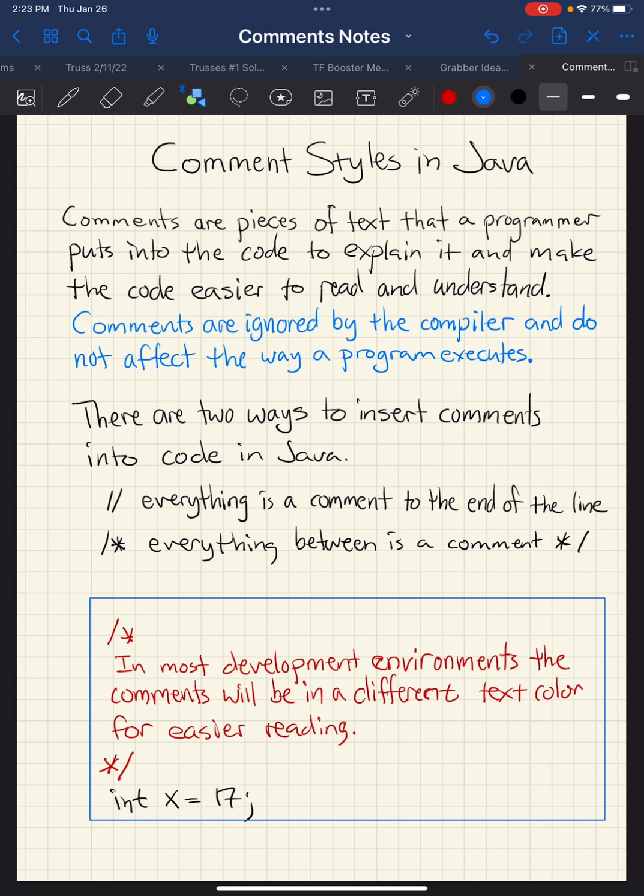So in Java, there's two ways to insert comments into code. One way is right here. Everything to the end of the line is a comment. The other one is right here, where everything between the slash asterisk and asterisk slash is a comment. So slash slash to the end of the line, or slash asterisk, and it will be a comment until you have asterisk